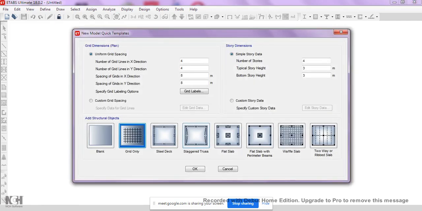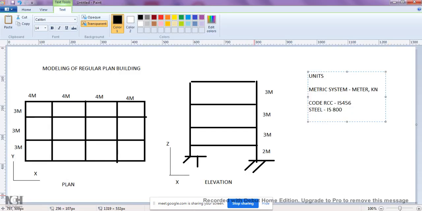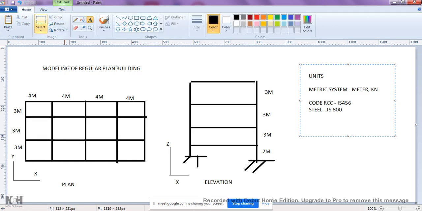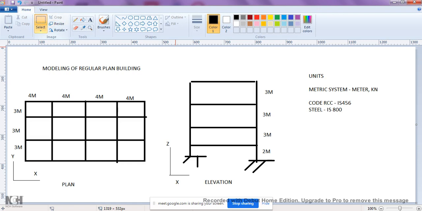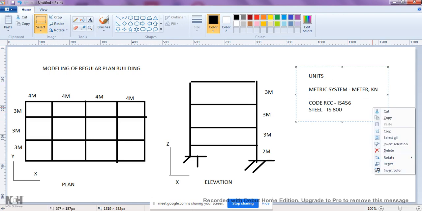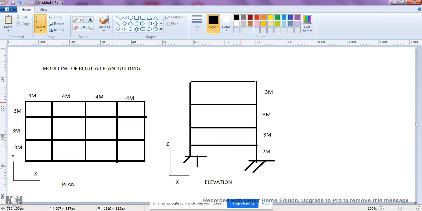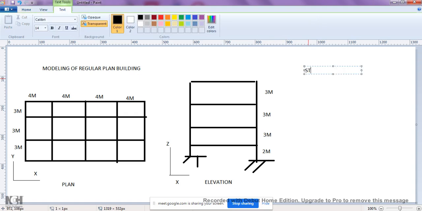Okay. So next we have to set the story dimension as well as the plan setting. As you can see from my diagram here, this is my stories. On the left side you can see the stories. On the right side there is a story. This one is the story dimension I had to give.